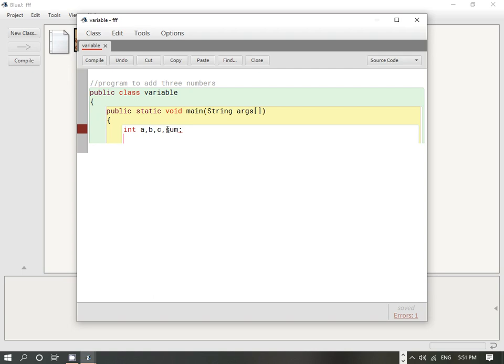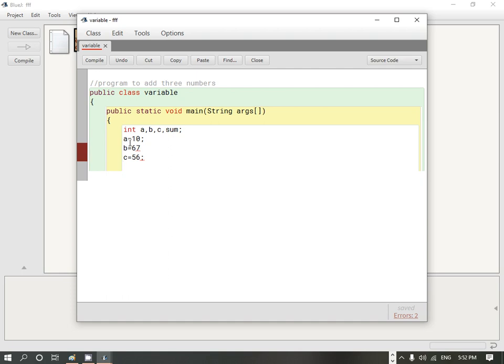Next thing, now initially we will learn how to initialize values of the variable. Then we will learn how to take values from the user during runtime. So this is the declaration part which we have done just now. Now we will learn how to initialize. Initialize means to put any values to the variables. For instance, suppose I put a value of 10 to a, to b I give suppose 67, and to c I give 56. So these are the values.